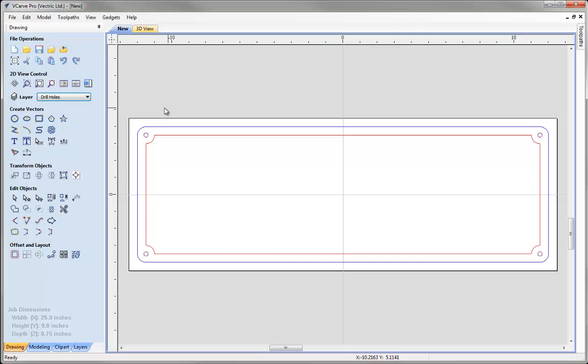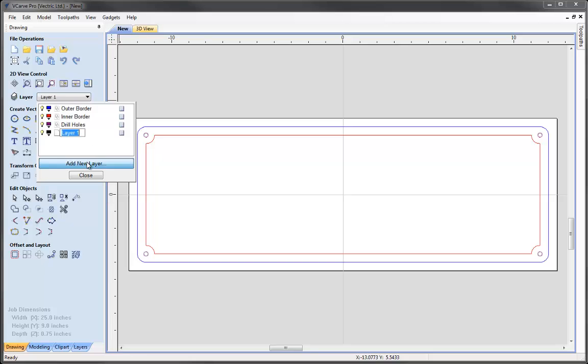Now we're going to create the different vectors for the text that we're going to need for our sign. This is going to represent a last name, which will be in the background, the forenames or first names, which will be in the foreground, and then a separate set of vcarve text which will have the date of the event on it. So again, I'm going to use the layers to manage these. I'm going to click add a new layer. We'll call this last name